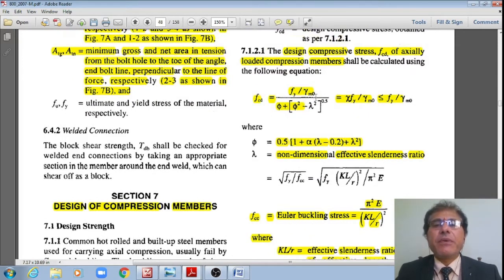FCD is Fy divided by gamma m naught divided by phi plus square root of phi square minus lambda square, or that is given by chi multiplied by Fy divided by gamma m naught, where chi is the stress reduction factor, or it should be less than or equal to Fy divided by gamma m naught, where phi